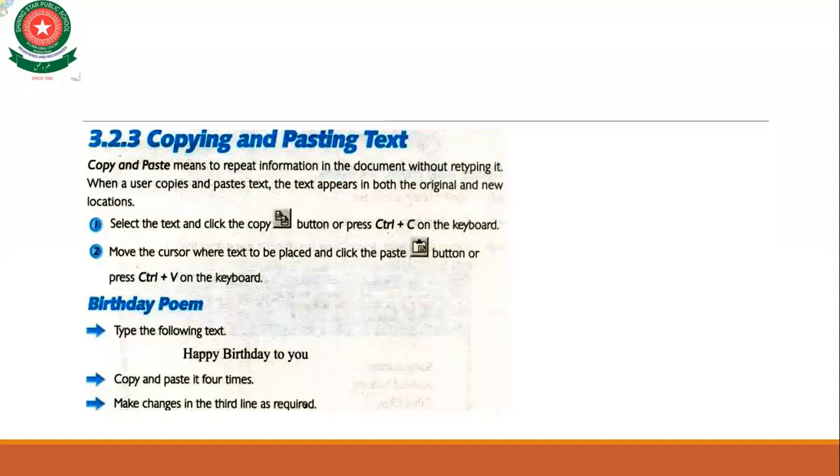Now, when a user copies and pastes text, the text appears in both the original and new location. Okay, when the user copies and pastes text, the text